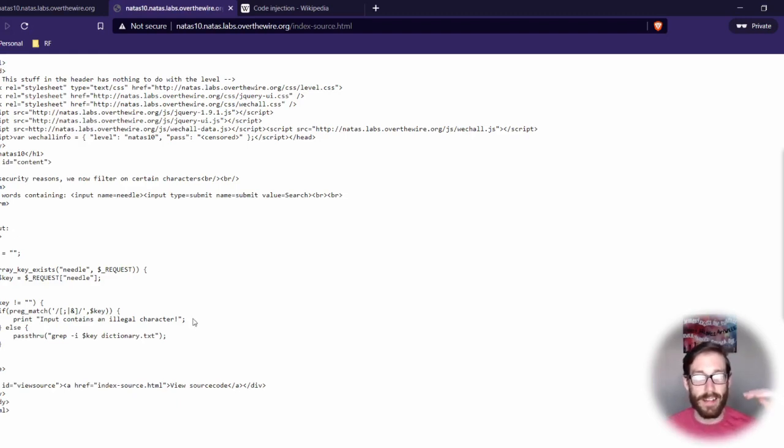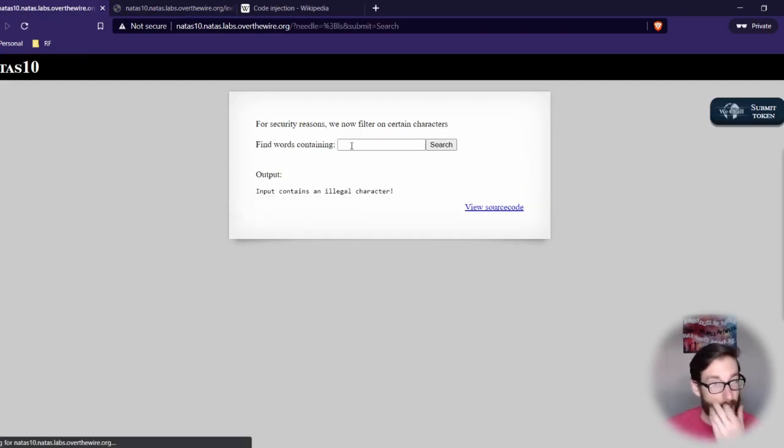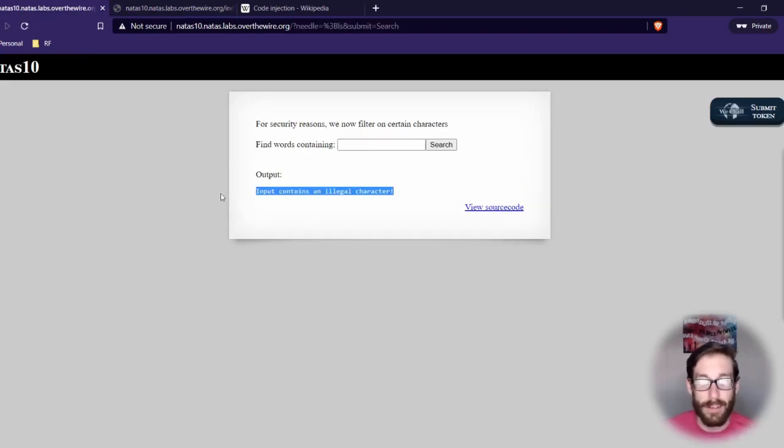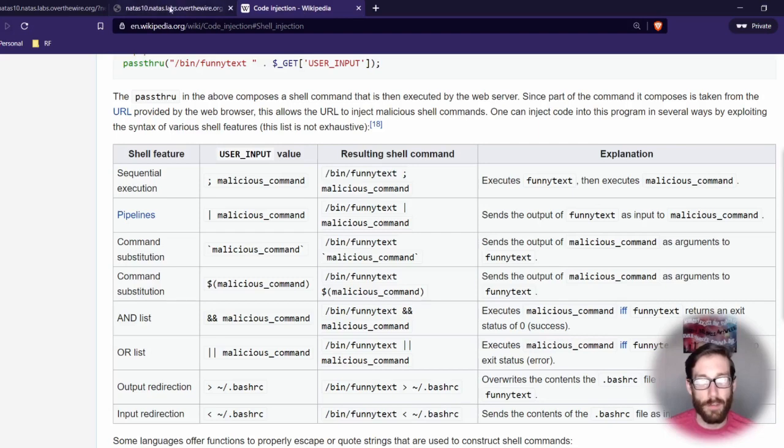So basically it's stating that if any of these occur within the input, then I want you to output that this contains illegal characters. And to show you what that looks like, because remember how we did the semicolon ls? Well, that no longer is being accepted because they're actually sanitizing some of those characters within the source code. So the issue here is basically stating that we need to figure out a way to get in here without running what we've previously run and relying upon what we've understood from this table.